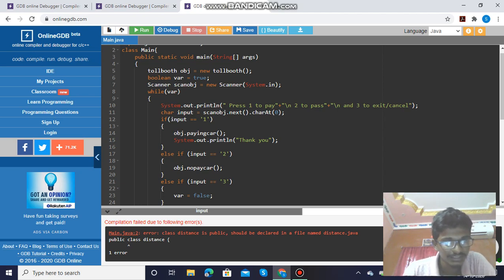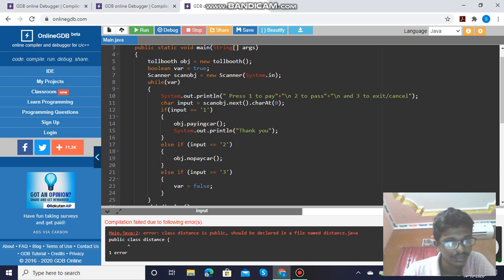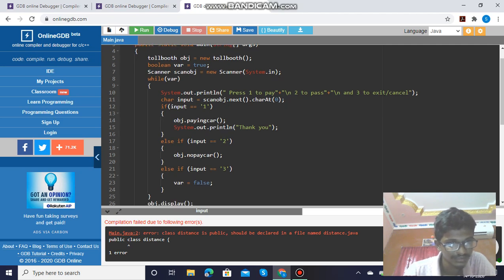If the user enters another character, call the no pay method. Set a character; if the user presents that character, break out of the while loop.